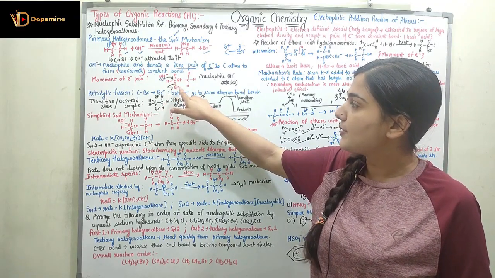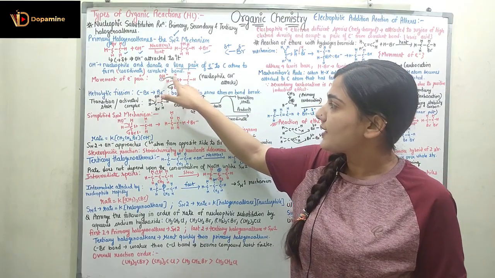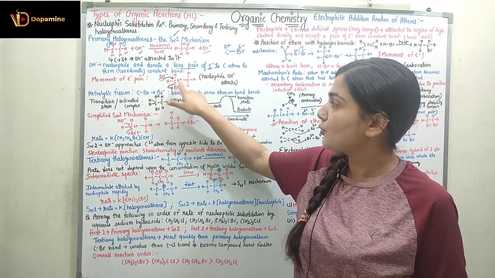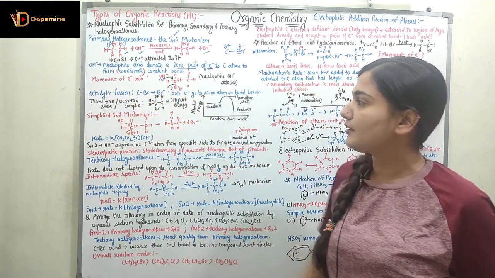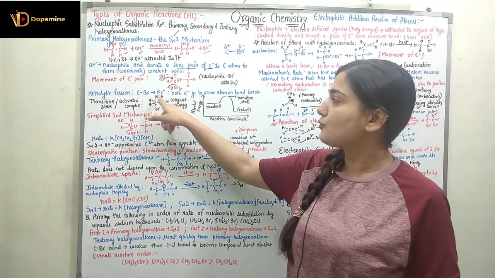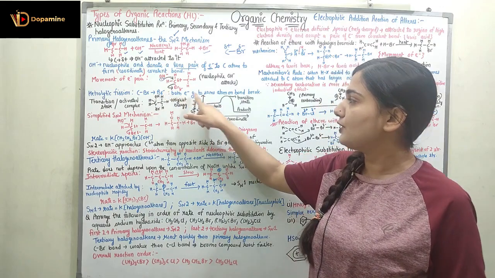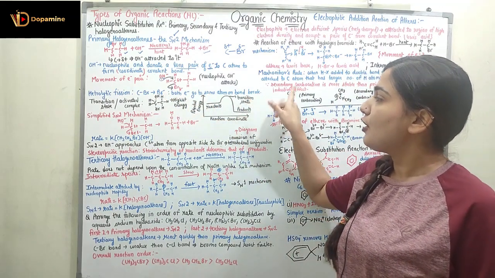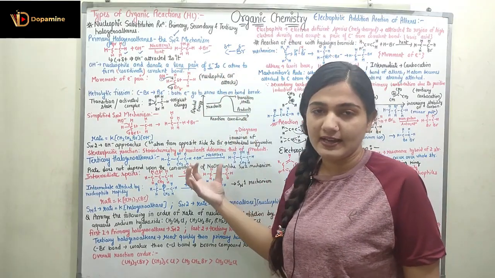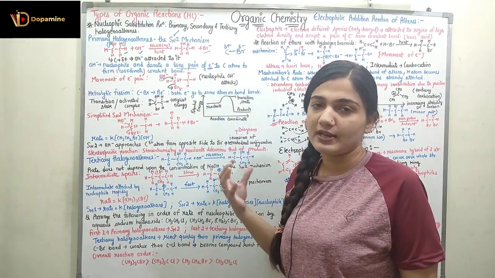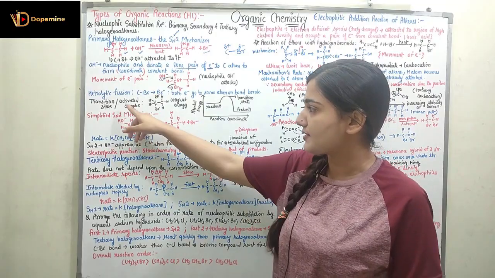So it is going to form the Br negative ion, and the OH negative ion will go and connect with the carbon. Here we have heterolytic fission: the C-Br bond breaks to form Br negative, with both electrons going to the same atom on bond breakage. So this nucleophile is going to attack this compound only with the help of heterolytic fission. You have to understand that.